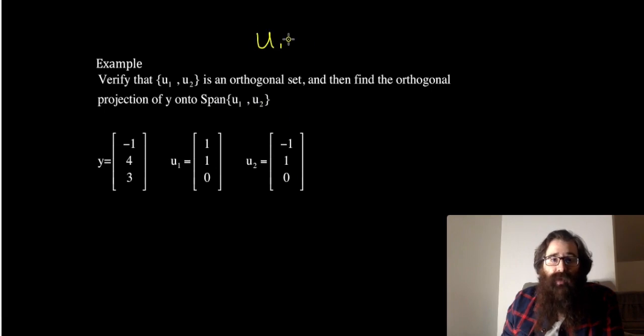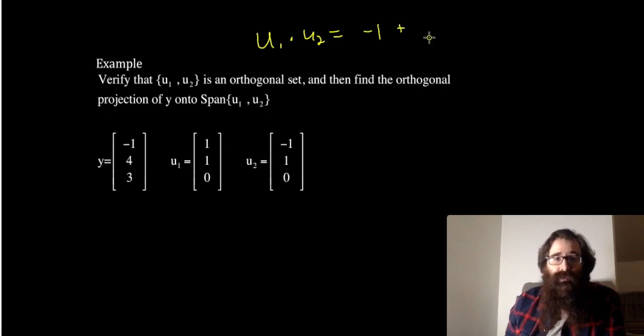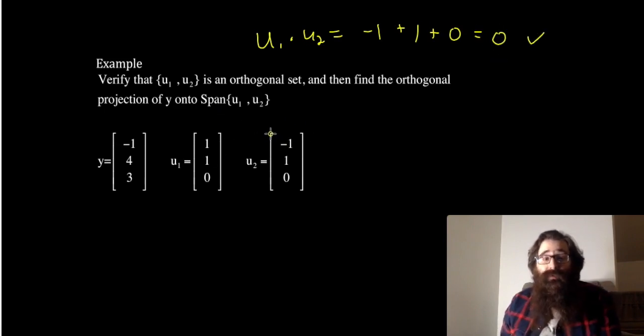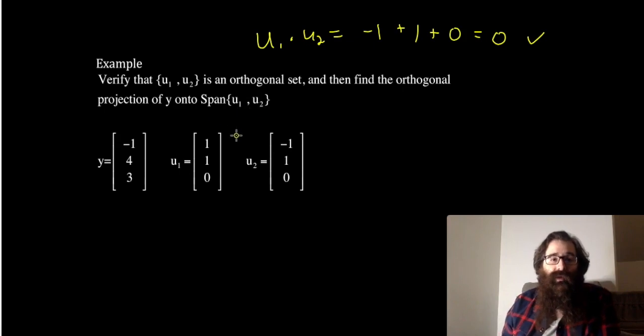If I find the dot product u sub 1 dotted with u sub 2, 1 times -1 gives me -1, plus 1 times 1 gives me 1, plus 0 times 0 gives me 0, and it gives me 0. So u1 and u2 build an orthogonal basis for a subspace of R3. Then if I want to find my projection of this vector y onto the span of u1 and u2,